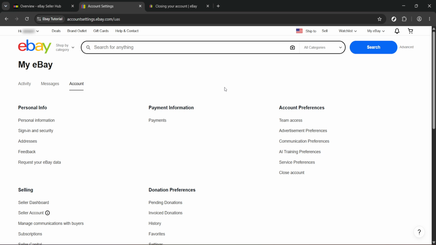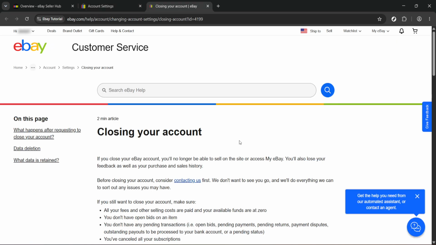If you don't immediately see the option you need, just stay on this page and look through the available account management choices. Next, find and click on Close Account. This is the option that starts the permanent account deletion process. eBay may guide you to a dedicated account closure page, which is where you'll confirm your intention to leave the